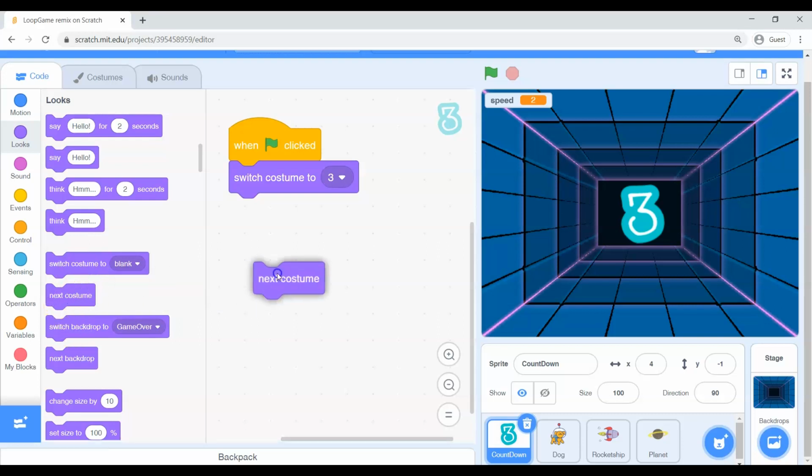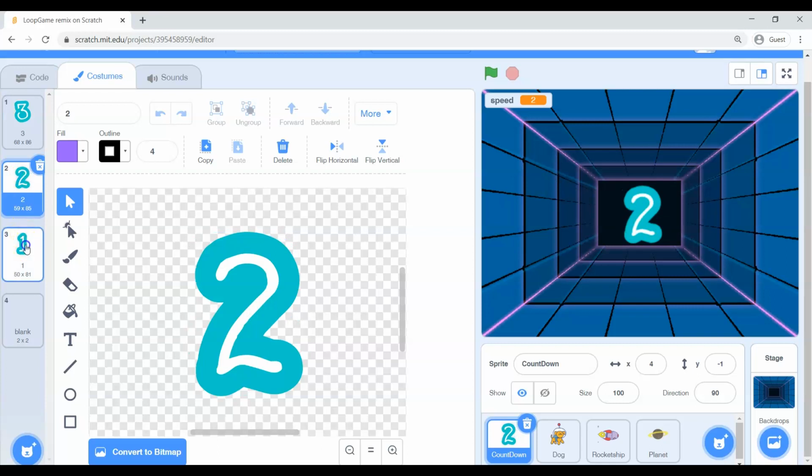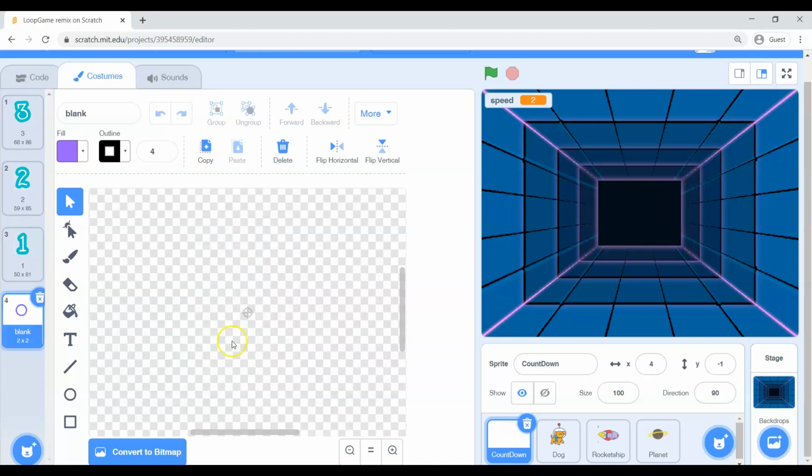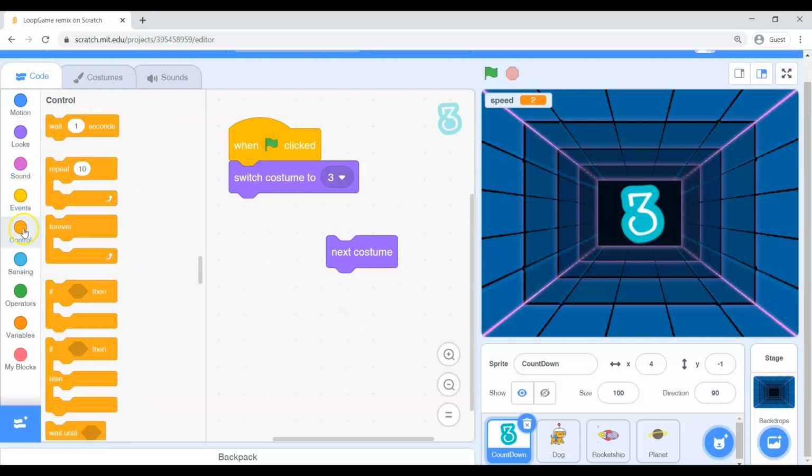my favorite thing is next costume. Now, I want him to go to his next costume once, twice, 3 times, right? That would be beautiful, and give me a countdown. Now, I'm going to teach you how to be a little lazy. I could drag out 3 next costume blocks. I could do that, but if you go to your control, this orange one here, you will notice